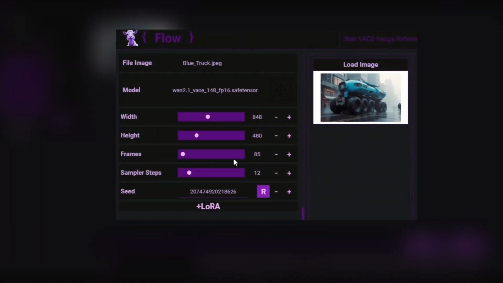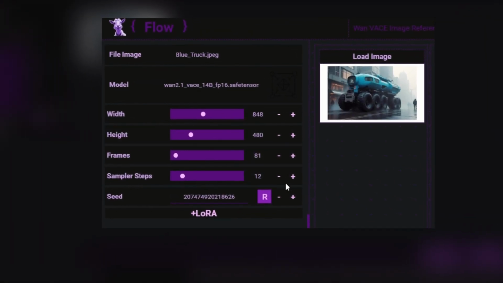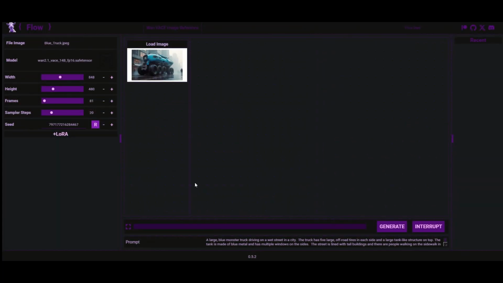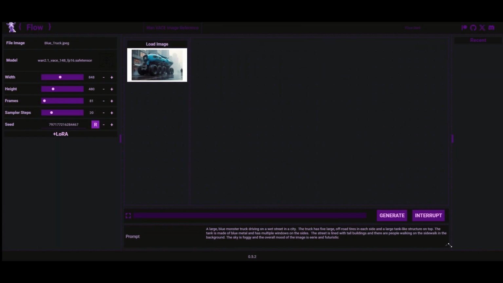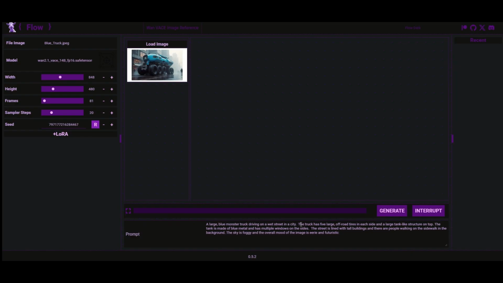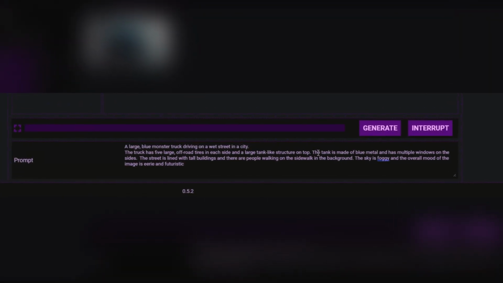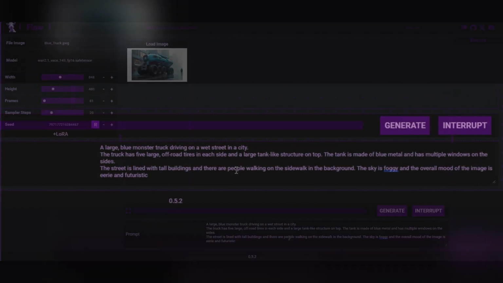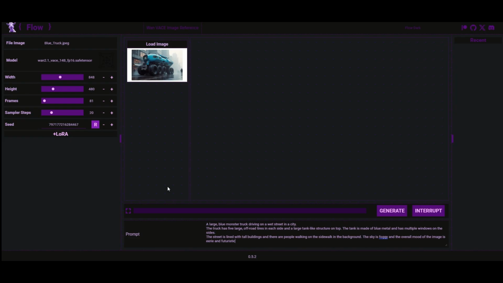In the control panel, select the resolution, number of frames, and the number of sampling steps. Define the seed or generate a random one for different variations of the video. At the bottom, write the prompt that describes the image and the action of the video you want to create. Click now on Generate. And just like that, with Flow, we are running the VACE Wan video workflow with ComfyUI